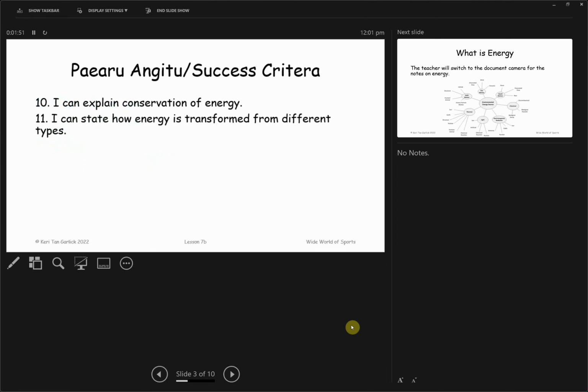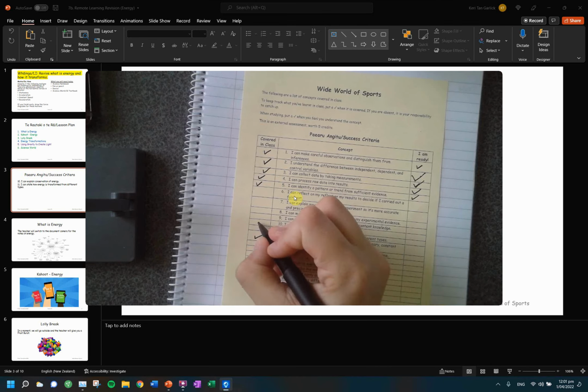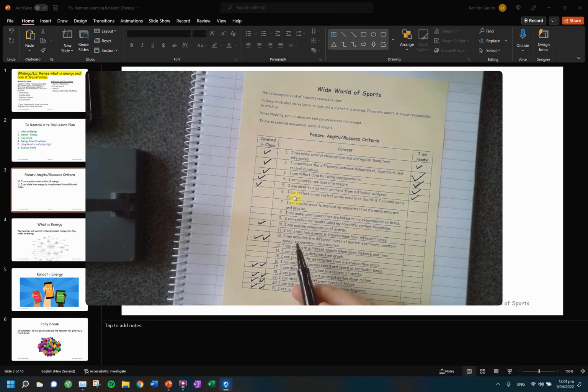Okay. So, on our checklist today, we are looking at number 10 and number 11. So, let's go to our checklist page. 10, I can explain the conservation of energy. And number 11, I can state how energy is transformed from different types.